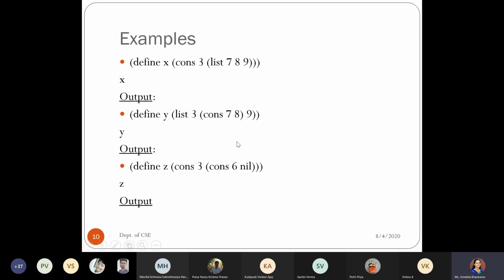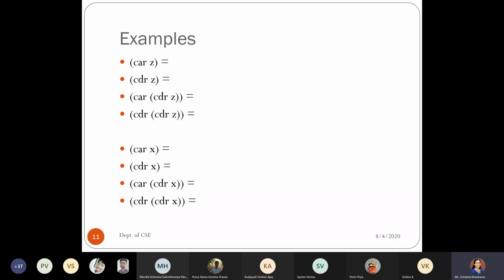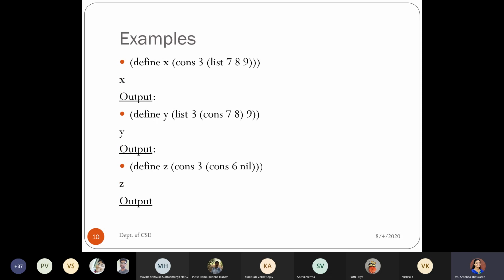We have seen the outputs for the variables x, y, and z, right? And we have written the output also for each of the cases by drawing the box pointer representation. Okay. So keeping these variables x, y, and z, we are taking it forward. So first, with respect to variable z, which is nothing but cons of 3, cons of 6, and nil.